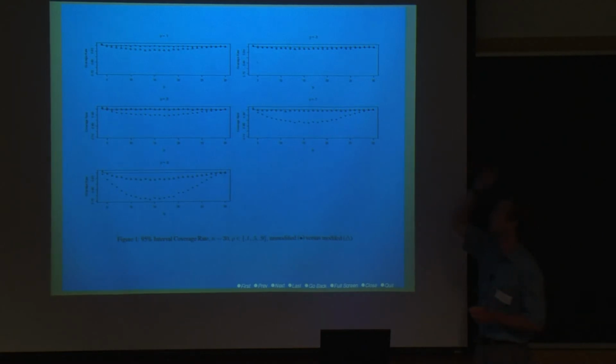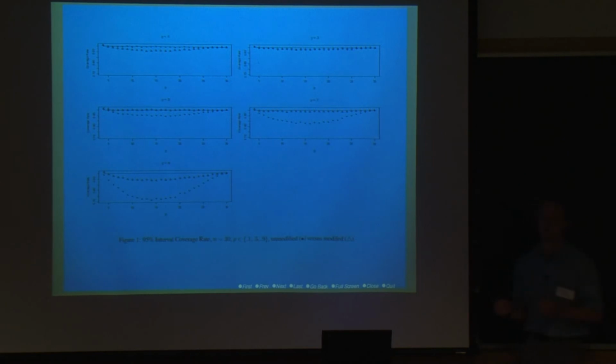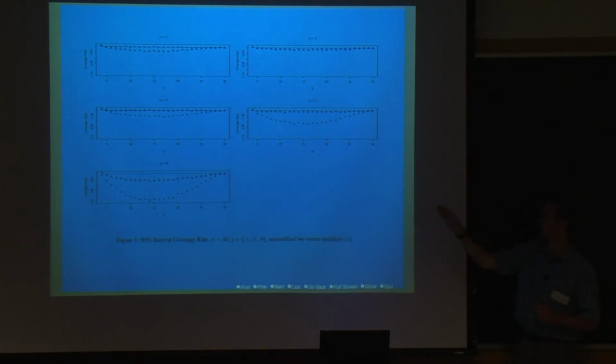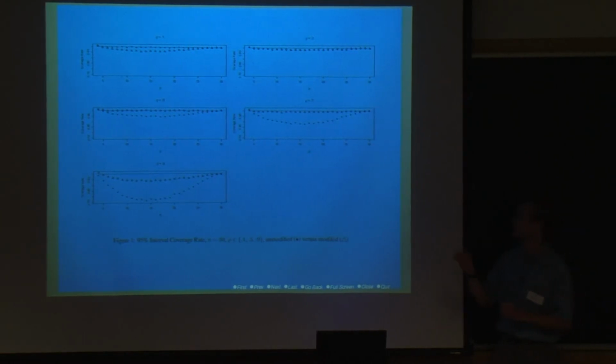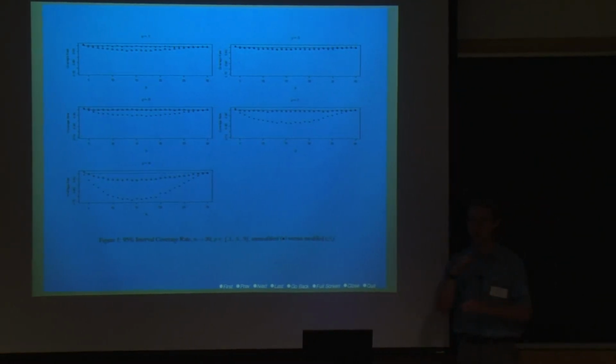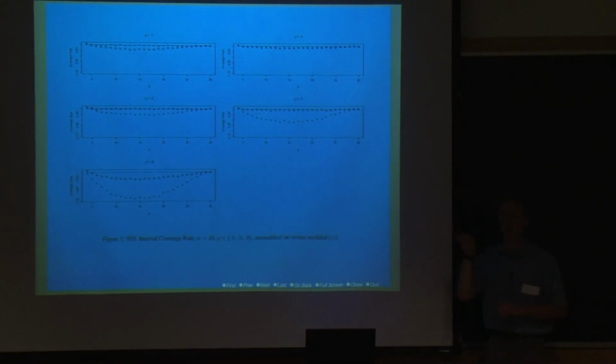Notice in the first plot at the top left corner how the dots are right around the line, and the triangles are below. So unmodified is better than modified. At 0.3, they're about the same. But as you go further, the gap between the triangles and the dots is much, much larger, and the modified, the triangles, are right around that nominal line. So it's just a graphic that shows in general what we saw.